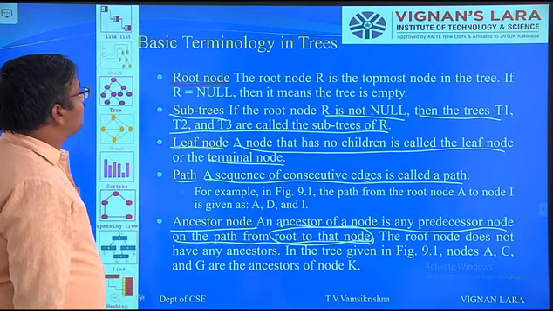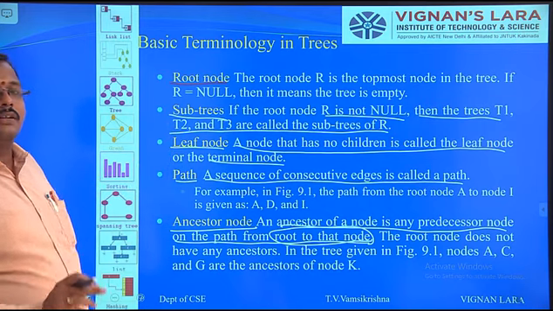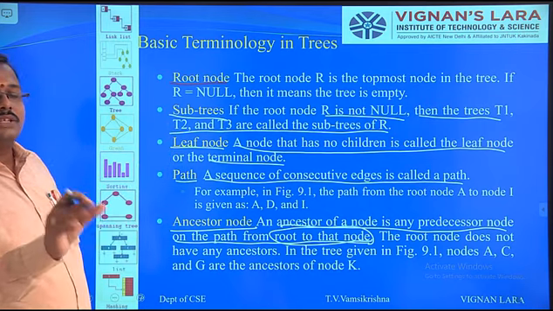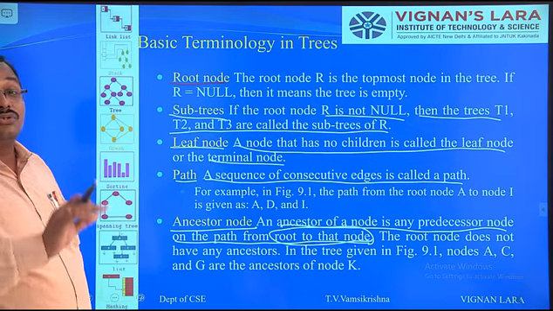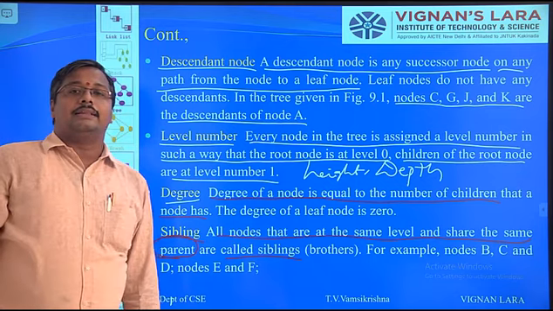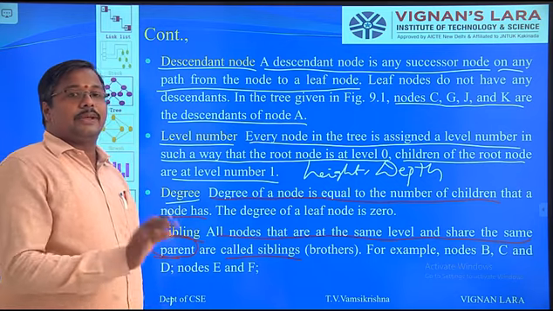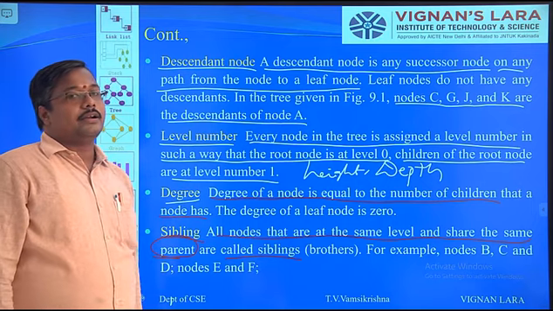In your exam, they ask, say, what are the siblings of this particular node? What are the ancestors of this node? What are the descendants of this node? What is the degree of the tree? What is the height of the tree? Like that they give some options. You have to write the options with respect to the tree. You will get 100% marks.